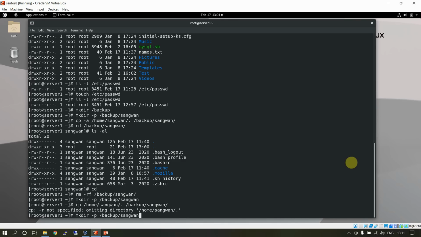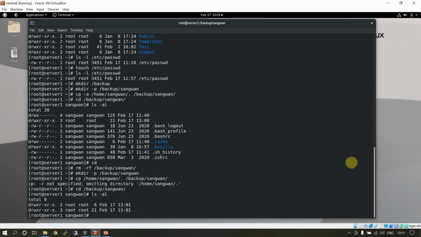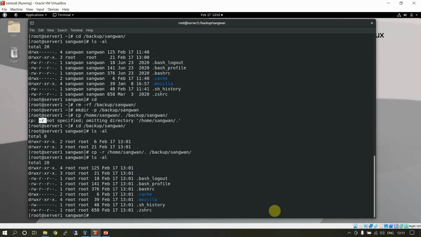So what will happen? See the list of files now. Go to the directory, use ls -l. This time it has not copied, because cp will copy only files, and if it is a directory, you have to either specify -r or you have to specify -a. Let me specify -r to copy the files recursively. And let's look at the files again. This time I did not use the -a switch.